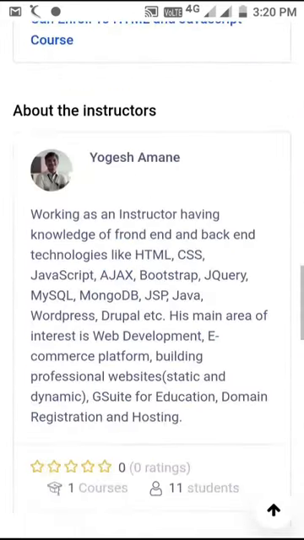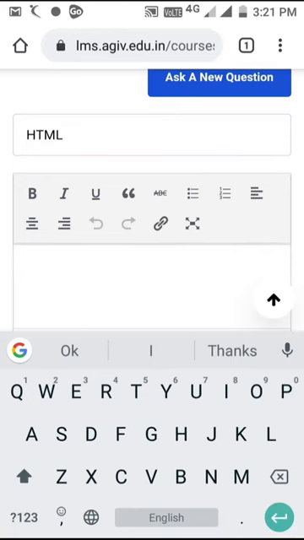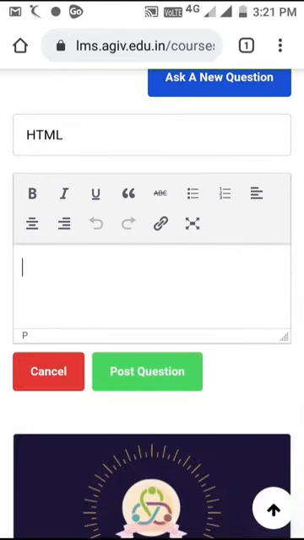Scroll up. Here there are 3 sections: course page, question answer, and announcements. Click on questions and answers, Q&A. You can write your questions here as general questions. Write down the question title and the actual question in the next box.